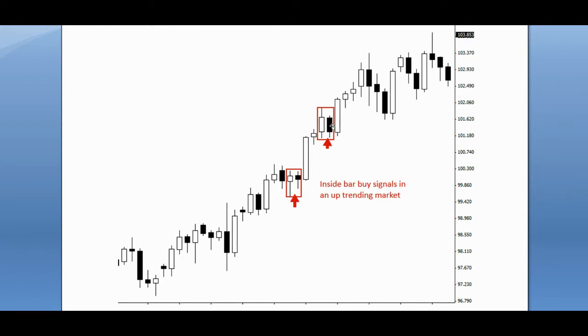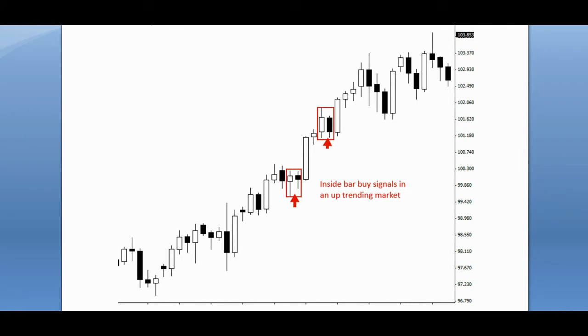Then we have another example here of the inside bar pattern. This one is contained entirely within this one, and it did work. It broke above it. You could have taken a long position. It came down, but it didn't go past the stop loss, if you made a stop loss at the bottom of the wick or shadow of the first of the two candles. So it didn't hit the stop loss, and it kept going up, and that's good news.